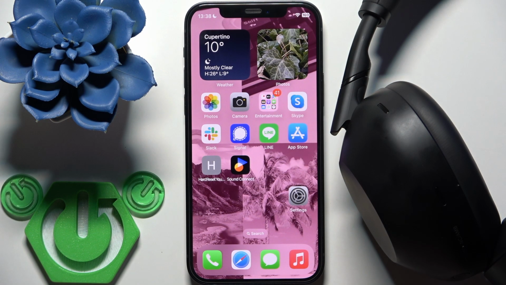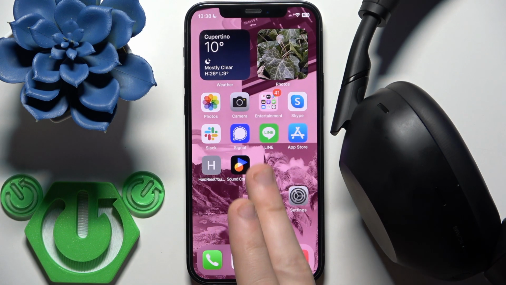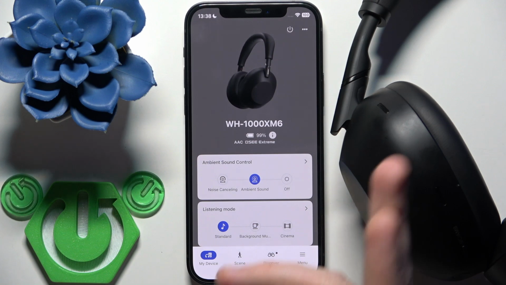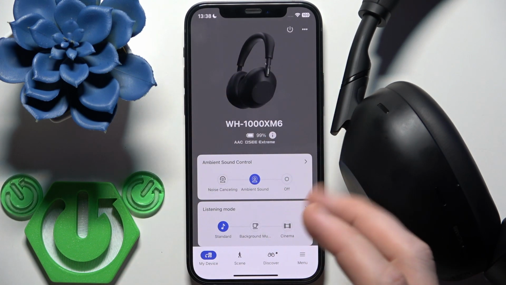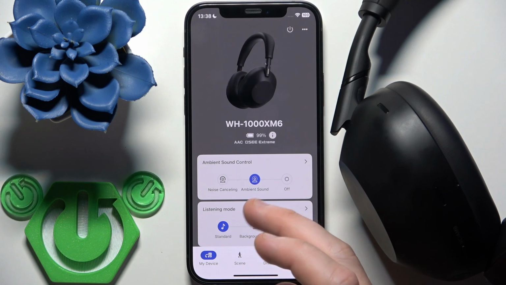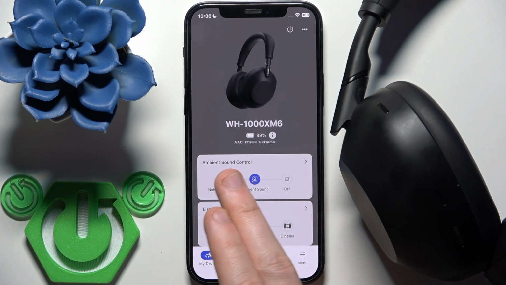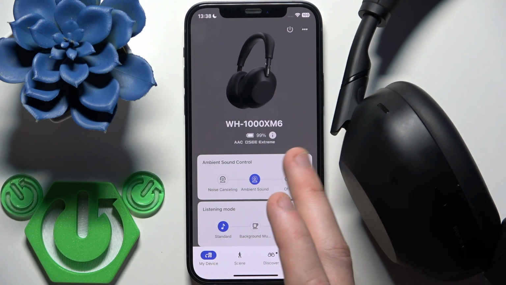You have to start by opening the Sony Sound Connect application. And if you add your headphones to the application, you will see the same menu as I have. Right here at the top we have ambient sound control, so you need to click on